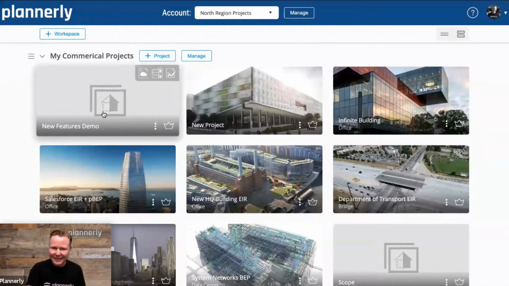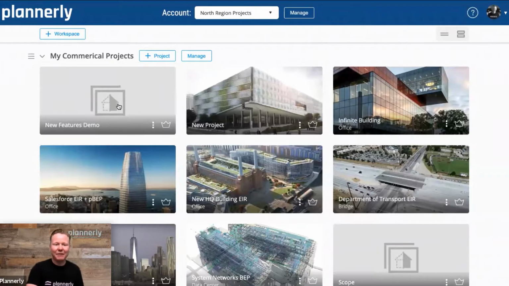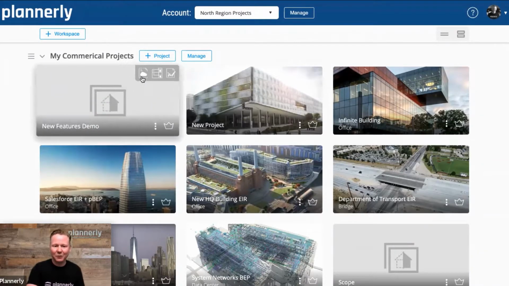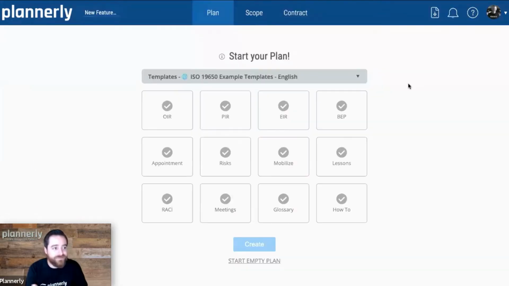This is Planoly, if you haven't seen it before, and we have a project which is a container of your requirements. What we'll talk about is the planning, the documents, the resources, the scope, which are tasks, and then contracting for your workflow. For our new customers, those are three modules that we're showing now, but there are six modules. Three for the planning and another three for the management of the workflow.